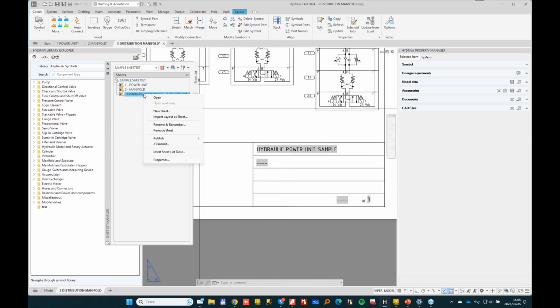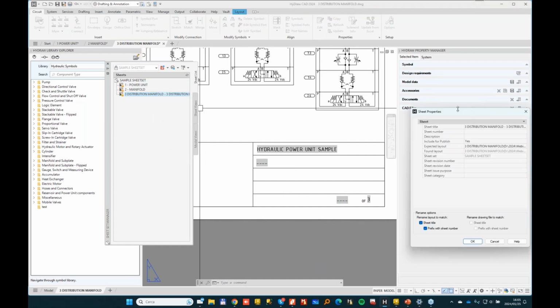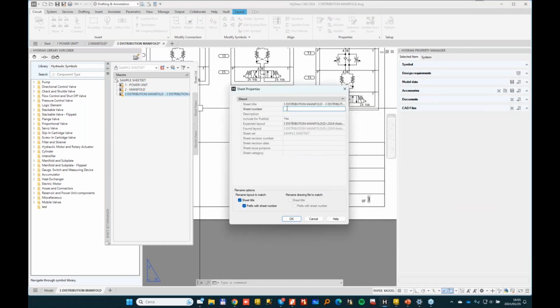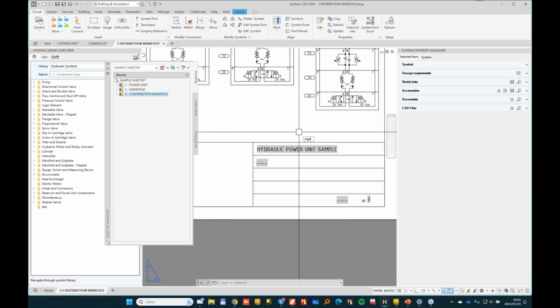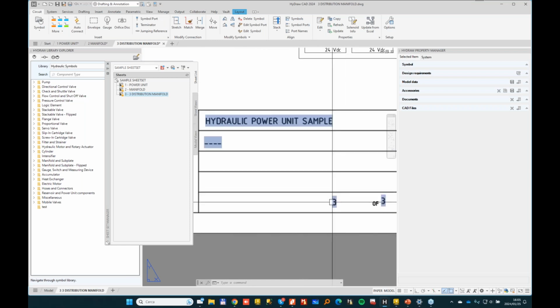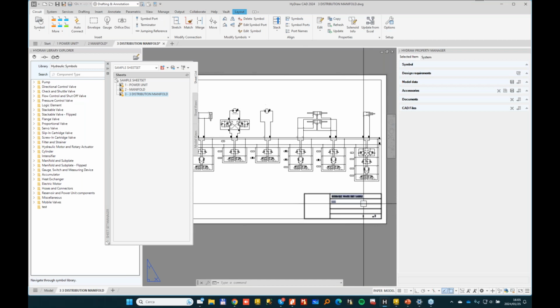Similarly, we will be able to change properties for this drawing. So the sheet will be page 3, and the title is maybe distribution manifold, and so on. And now if we regenerate, the number of pages will be up to date. So this is basically the end result of today's